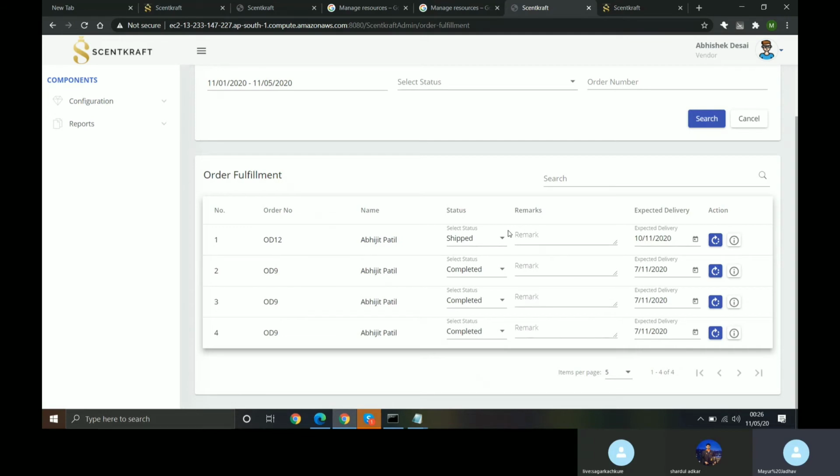Now, there's nothing that you need to do about this. Your job is basically done. Once the order reaches and everything is completed, the status will automatically go to completed. And then after 7 days, you could see this order being placed into the settlements.